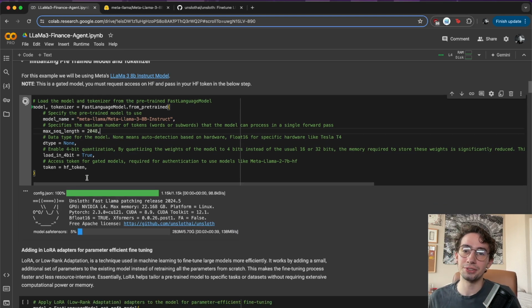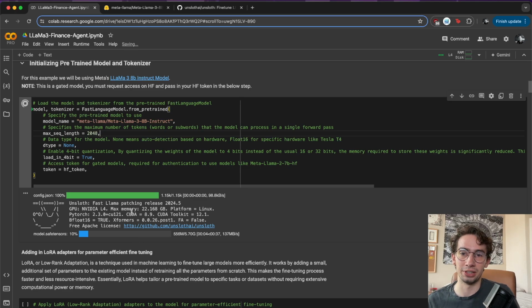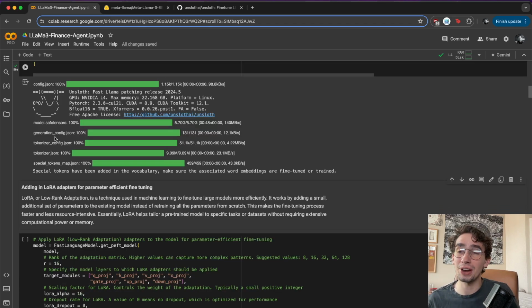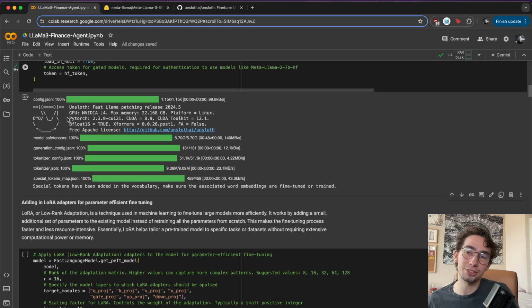But we're just going to run this, and you're going to see that it's going to start downloading the Llama 3 8B instruct model, which is about 5.7 gigabytes. So we'll wait for that to download and be right back. So now that that's all loaded and we have our lovely little sloth friend here, we can actually start adding